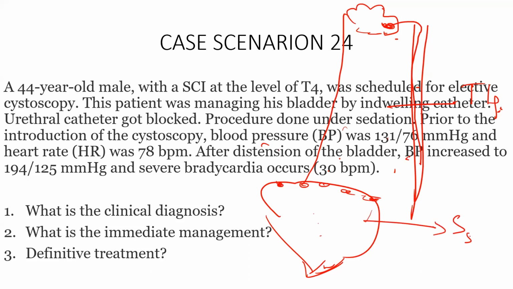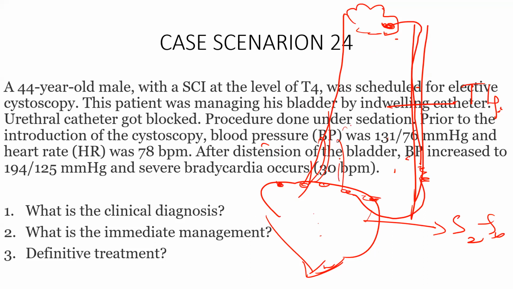And the parasympathetic supply for the bladder is going to be S2, S3 and S4. So this will get activated. So that will come back and counteract the distension. So that is how the reflex is completed. But in a patient with spinal cord injury, what happens, the sympathetic system is activated.